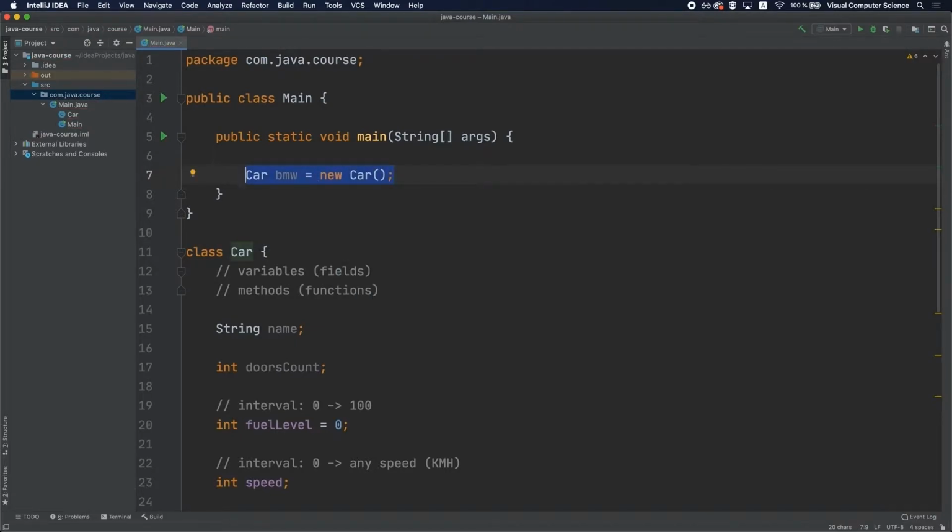This line basically tells us that we want to create an object of this car class, and the object is named bmw. Or in other words, the reference of that particular object is named bmw, or also the instance of the class is called bmw. So there are a number of names around this, but the idea is the same. So right, the object is called bmw in this case. So what this actually does is create an instance. So it will allocate memory